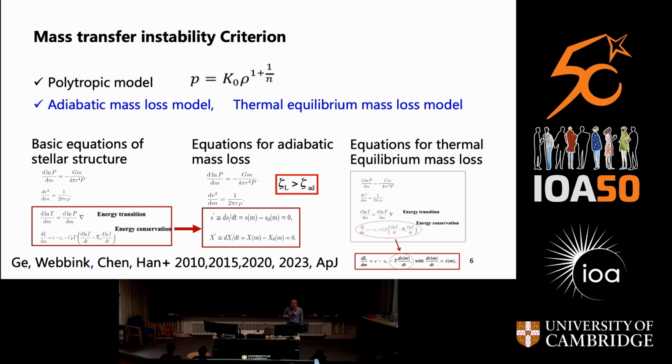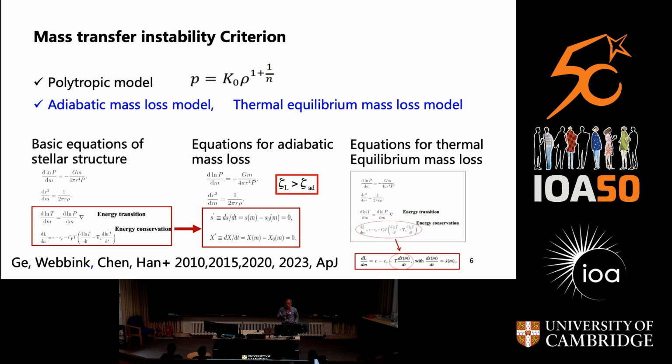Then later, Hongwei Ge, who is in the audience, was my student from 2005. He worked with Ron Webbink, who was also a PhD student here from 1970 to 1975 or something. Together we developed models for adiabatic mass loss and the thermal